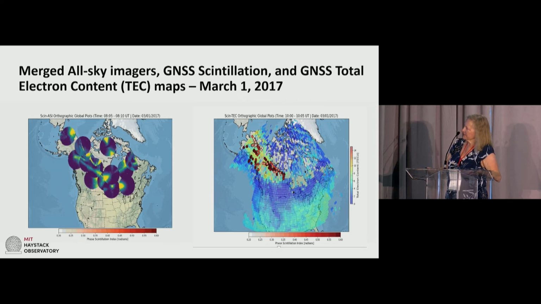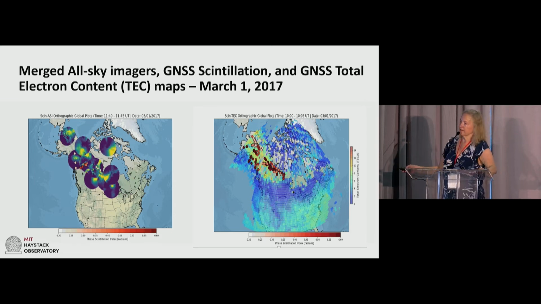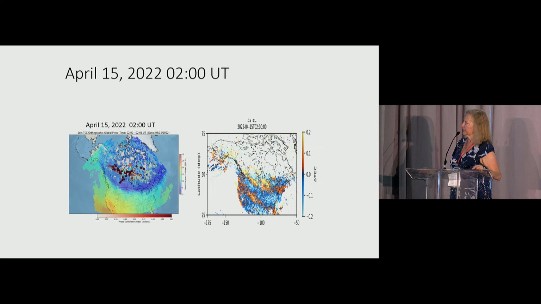I think it's still 7. I don't know if I can stop it at 10, but what you can see is we're overlaying it. There's a big substorm, and we have this huge evidence of scintillation going up all through Canada. What I found interesting, I think this is evidence of precipitation, but we see an increase in the TEC right in this region at night following the storm. And we actually see that fairly consistently during a number of storms.